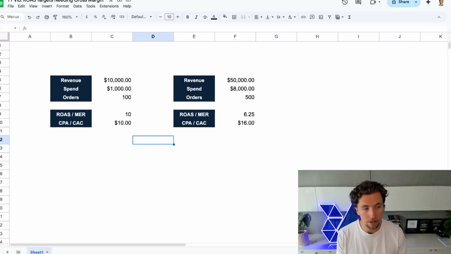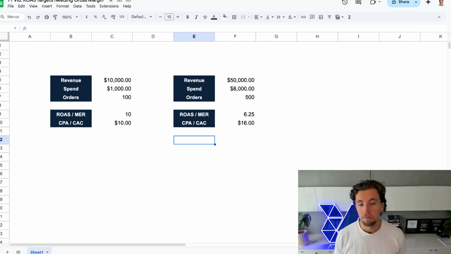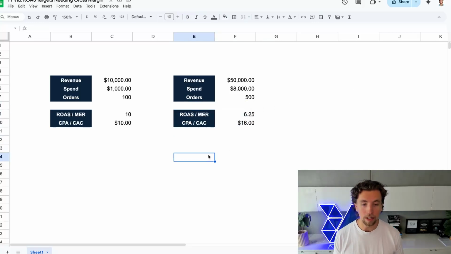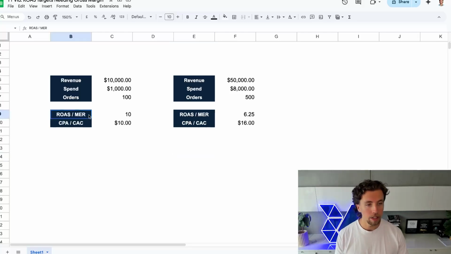And then you as the business owner are either going to go, that's not good enough, we need higher, without any actual reasoning as to why that's the case. Or alternatively, you're going to say, okay, perfect. I trust your ability to forecast based on your experience with working with hundreds of brands. We'll take this and we'll run with it. But you don't even know if this is making you money, right? And so we need to know gross margin.